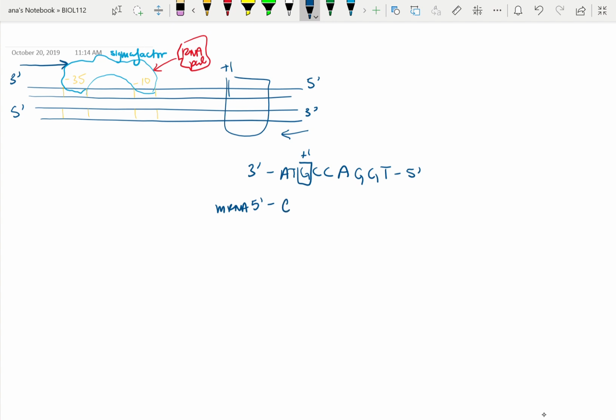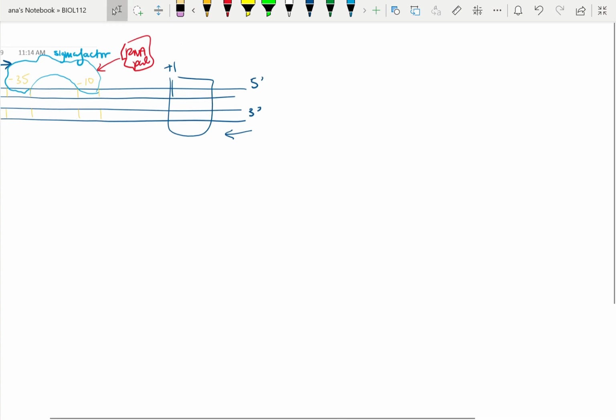So it would start with C, and then it would go G, G, and then U, right, because it's RNA, not DNA, C, C, and then A, and then it would keep going, right, because this isn't actually that short. But the point is that the +1 site is where you would actually add the very first base. Okay, so now that we know sort of what's going on there,